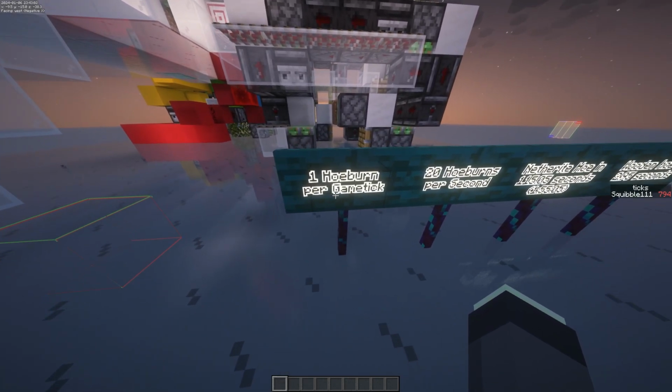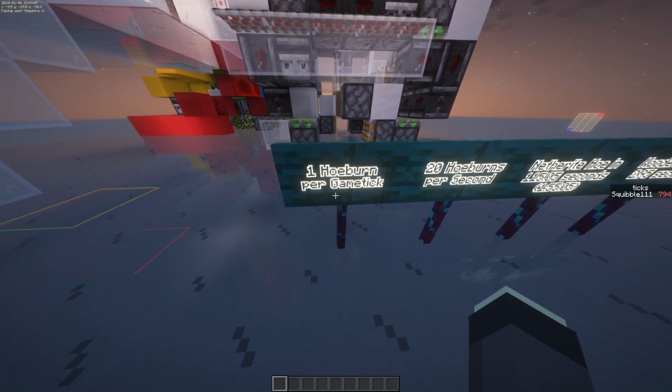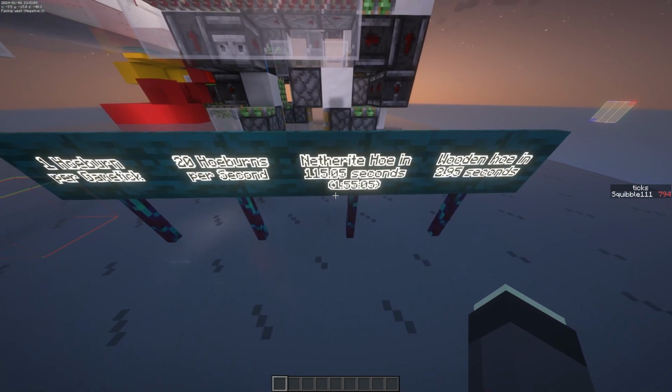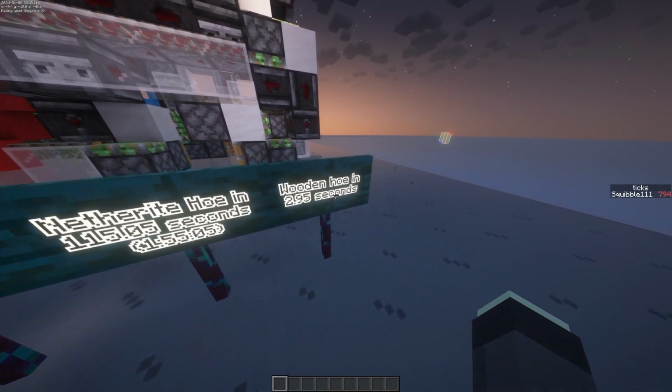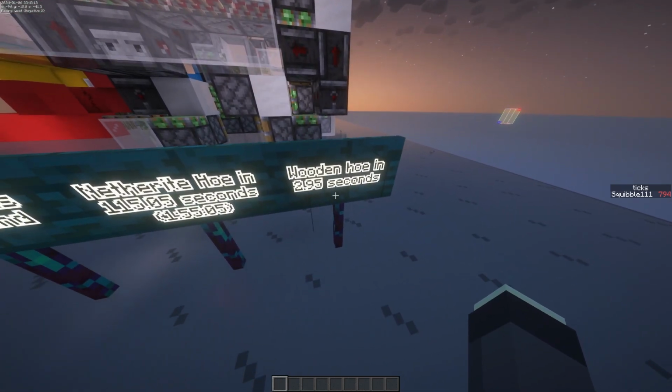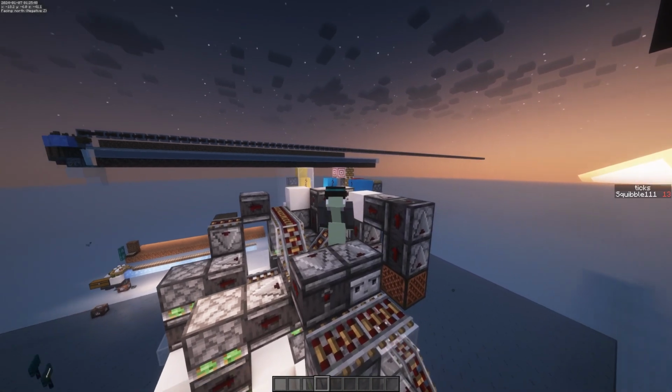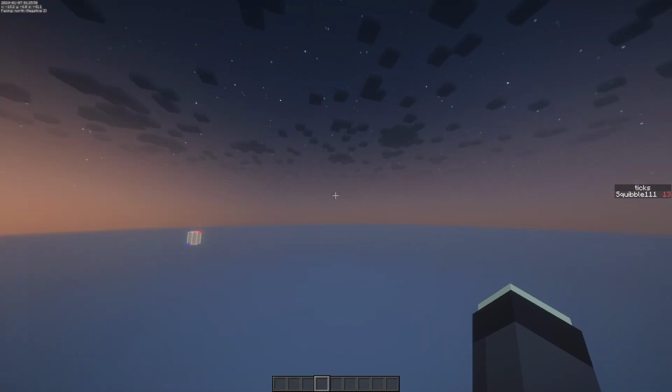It had a single hoe burn, or 1 depleted durability per game tick, which equates to 20 hoe burns per second, and that's a netherite hoe in 1.15, just under 2 minutes, and a wooden hoe in just under 3 seconds. Unfortunately, like all things on this channel, the user interface still ended up being terrible,